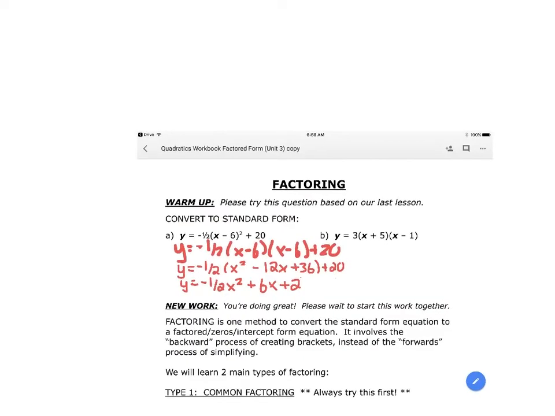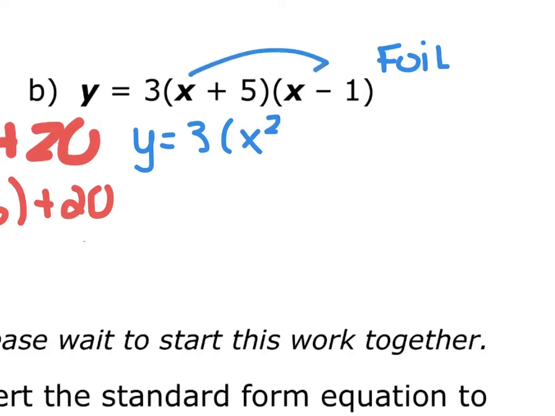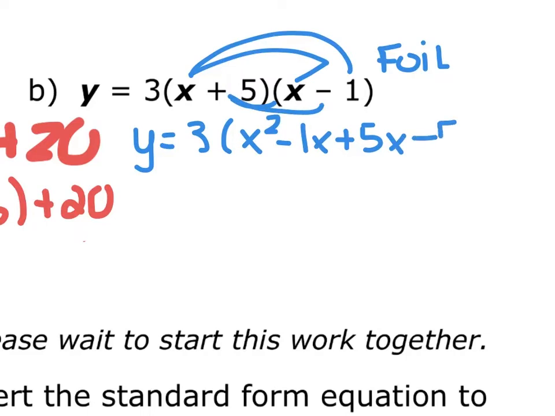I'll do this in a different color. So again, what are we going to start with in this situation? Bracket. Yeah, and we're going to FOIL first, right? So we've done a lot of foiling. We keep doing a lot of foiling. So leave the 3 on the outside. And we start inside the brackets. So we go x squared, right? We go negative 1x. We go positive 5x. And then negative 5. Next step is to